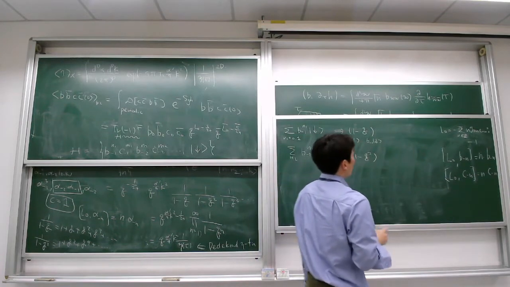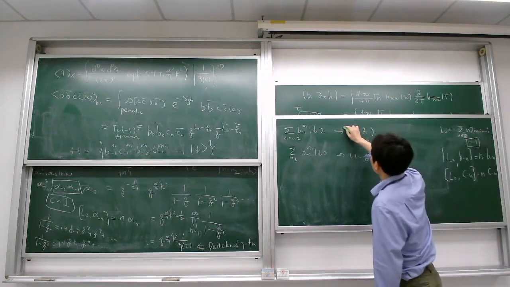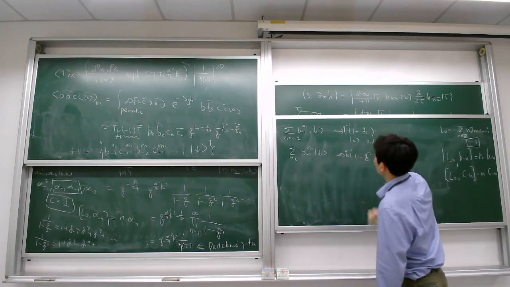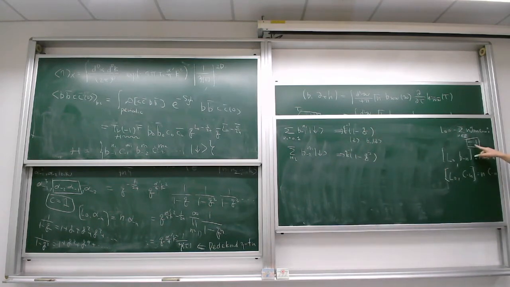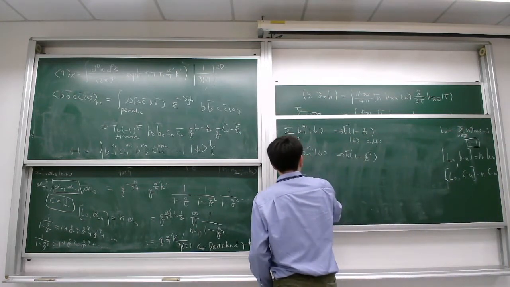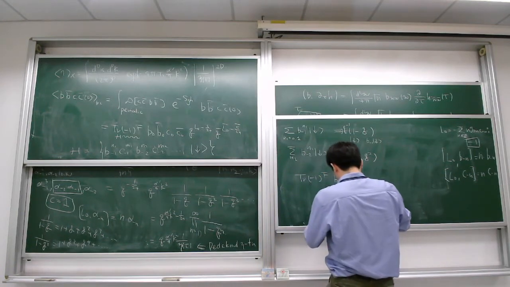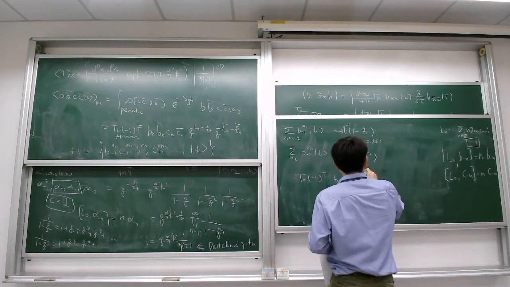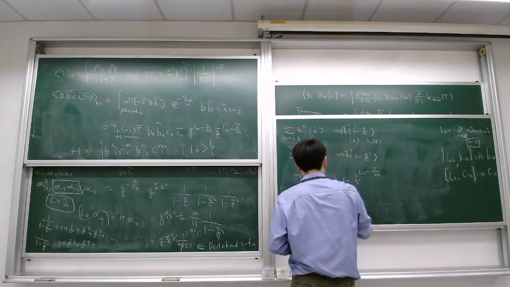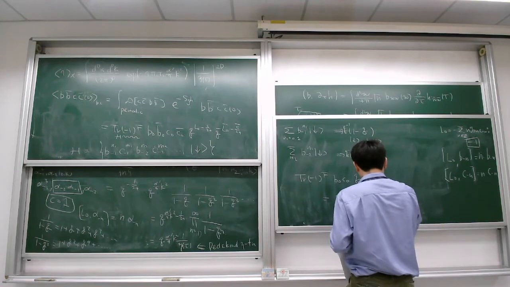Oh, I have to be careful. There is some overall factor minus 1. Okay, so therefore there is an overall factor q to the minus 1. Overall factor minus 1. And so therefore minus the trace of minus 1. I just look at the holomorphic part. q to the L0 minus c over 24 will give you q to the minus 1 minus c over 24, and then